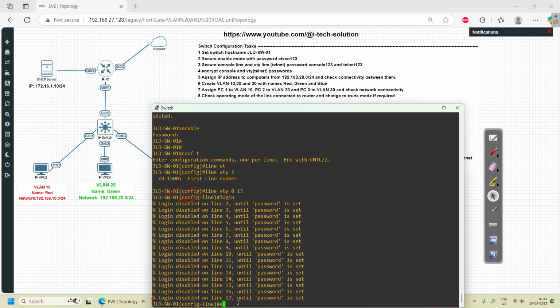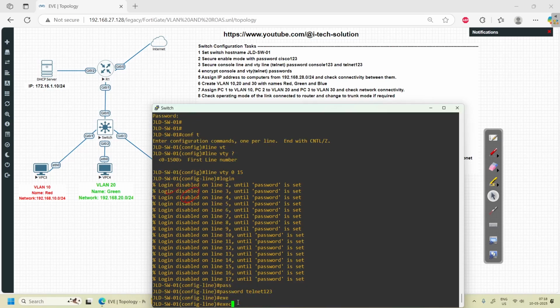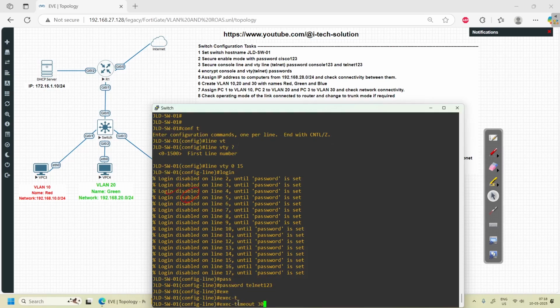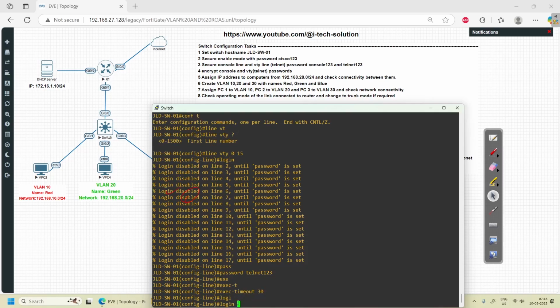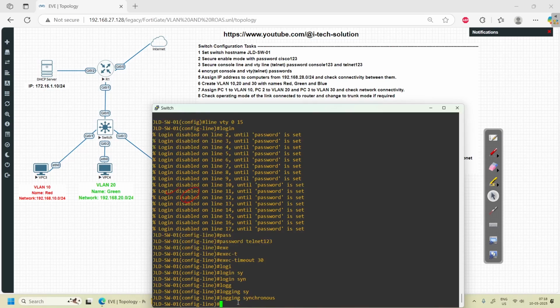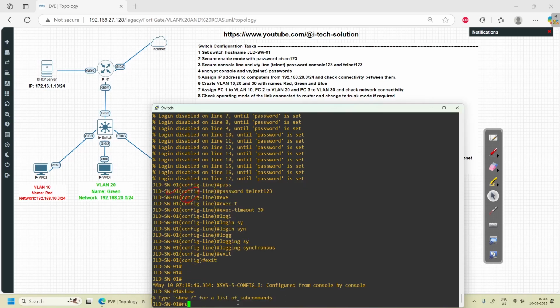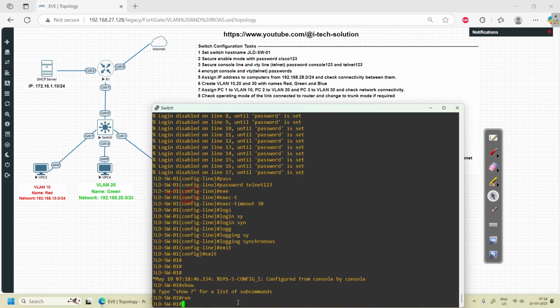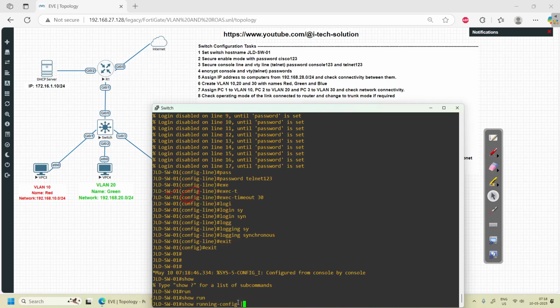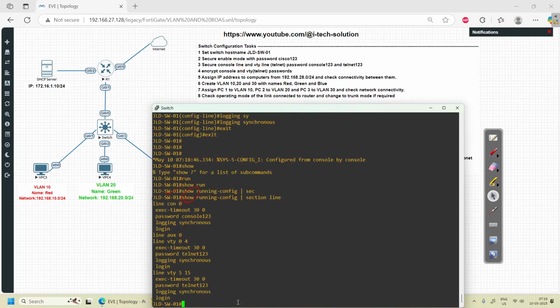The keyword is password, and the password is telnet 123, and we also set the exec or idle timeout to 30 minutes, and logging synchronous, and exit. Let's view the configuration. Show running configuration, and I would like to view the section line, filter the output,